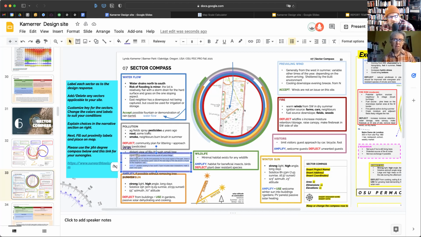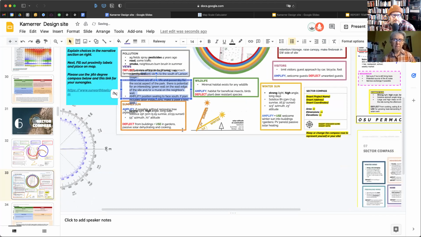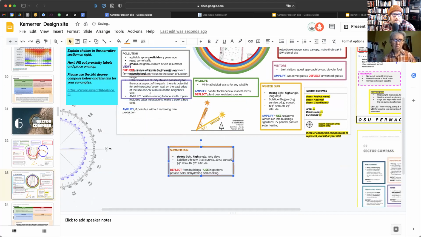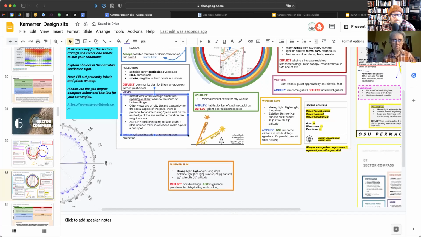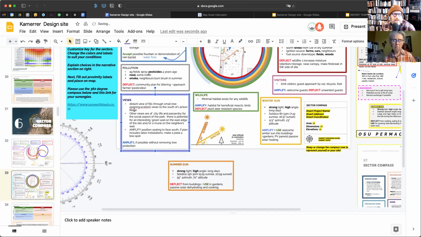Gotcha. Okay. So when something like this happens, and now even for me, who's used this program a bit, it's starting to get a little crowded for me. I usually will grab a box and then move it off, and then just work with what I've got here, just so I can still see what's going on and worry about putting it together later. Yeah. So maybe even a bit more. There we go. Just view of fills through small tree opening. What does that mean? That's a typo. Okay. View of,